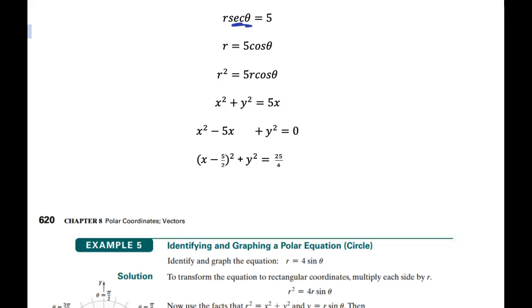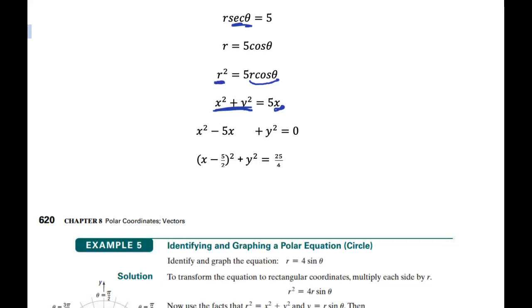That's just a technique that we use because we can replace this r squared with x squared plus y squared, and we can replace this r cosine theta with just x. So now we have x squared plus y squared equals 5x. So I'm going to move the 5x to the left-hand side, and I've got x squared minus 5x plus y